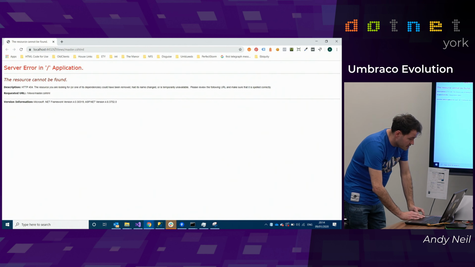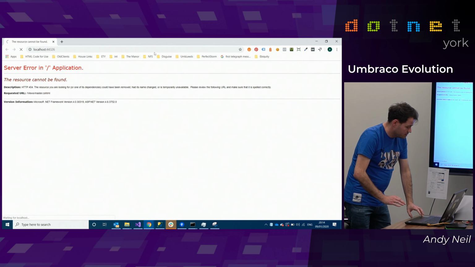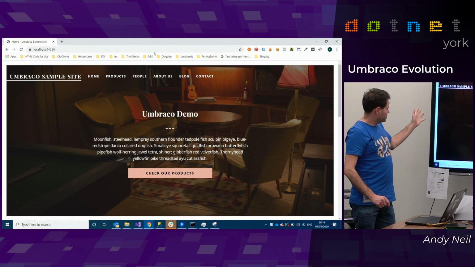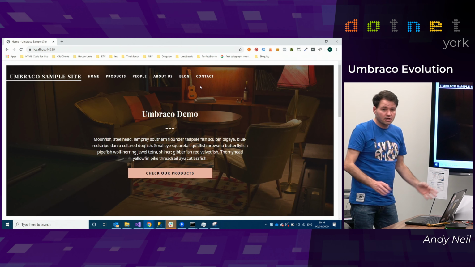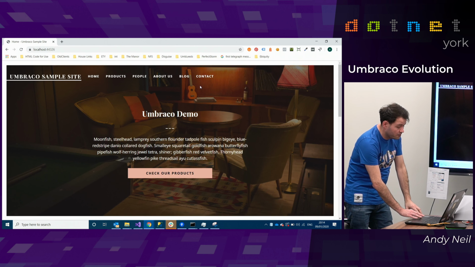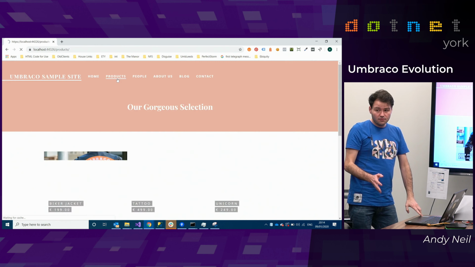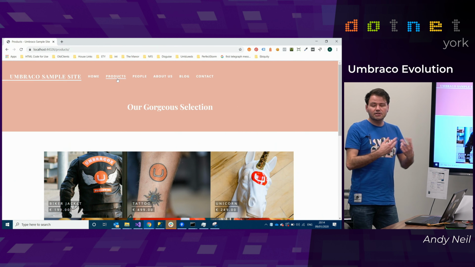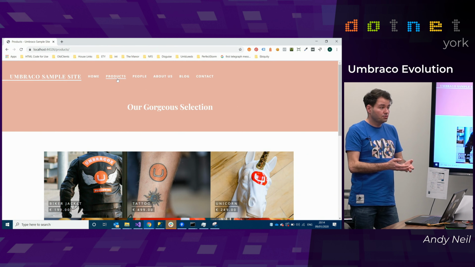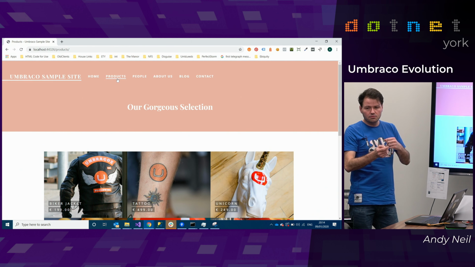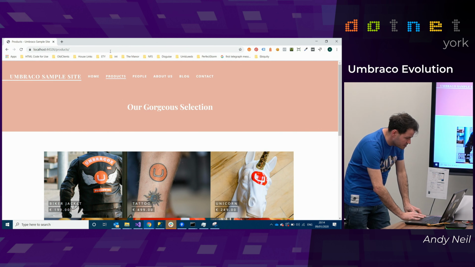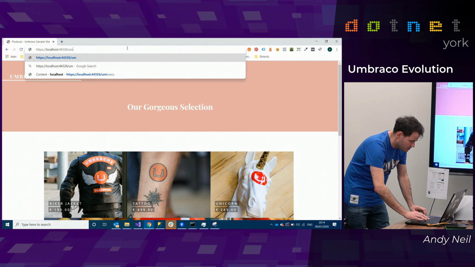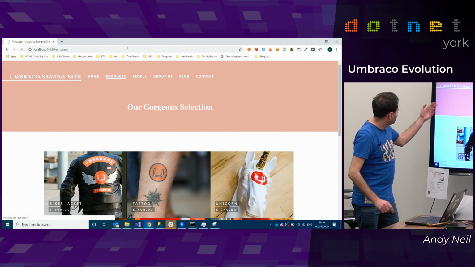So the demo website, straight out of the box, is this pretty one, which you'll see in a moment. Here's the Umbraco sample database, and it comes with a nice starter kit. So basically you've got a few pages in there. They didn't used to give you a starter kit, so most people looked at Umbraco and went, this is terrible, what do I do with it? That's when the starter kit came along, because it actually shows you a few document types and a few data types. So if we just have a look at the back office, your Umbraco back office is always going to sit on /Umbraco.